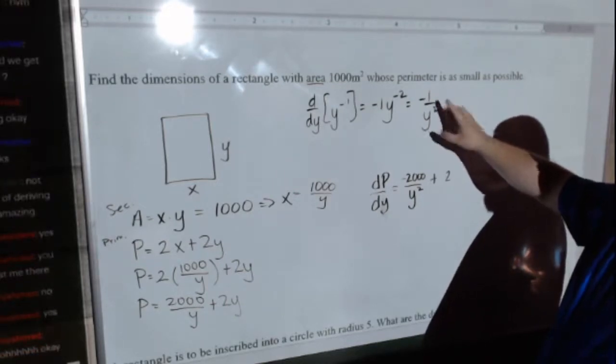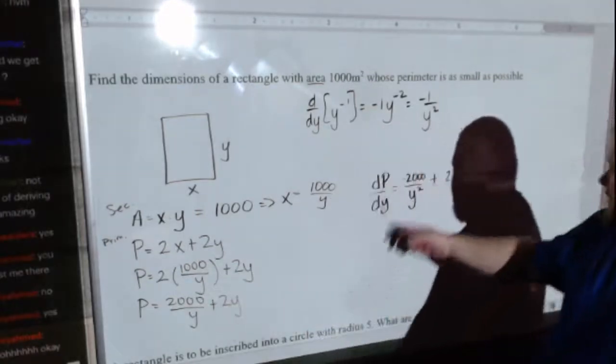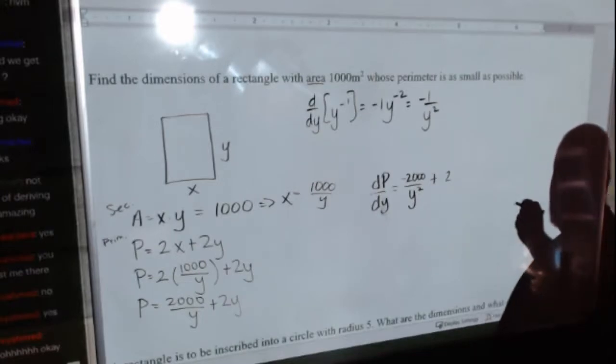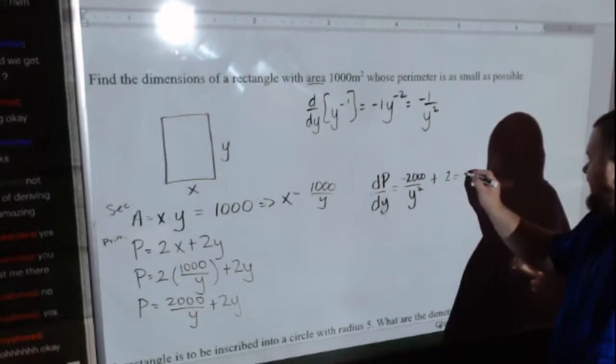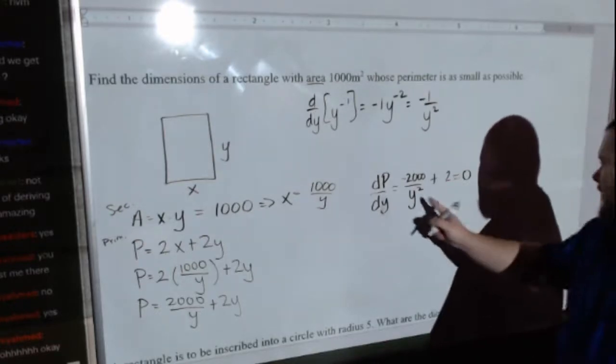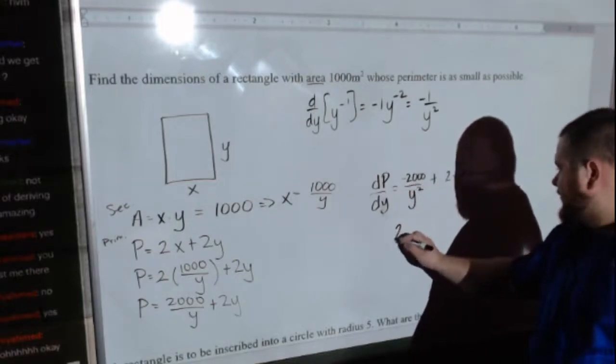The only difference is that I have a 2,000, so I just multiply by 2,000. And again, I'm trying to minimize, so set it equal to 0. I'm going to move this term to the other side to make it plus. So 2 equals